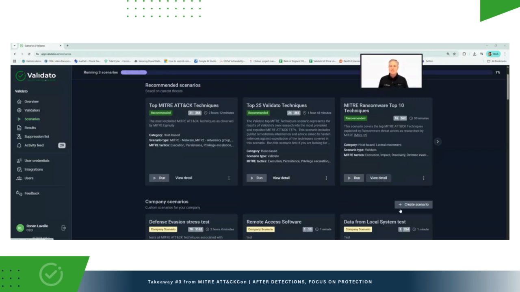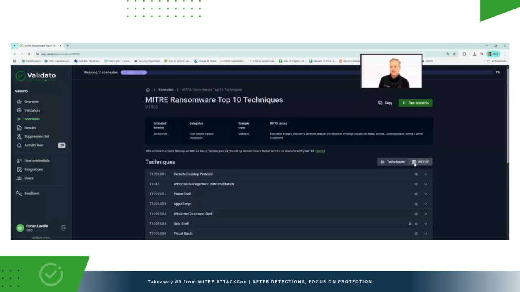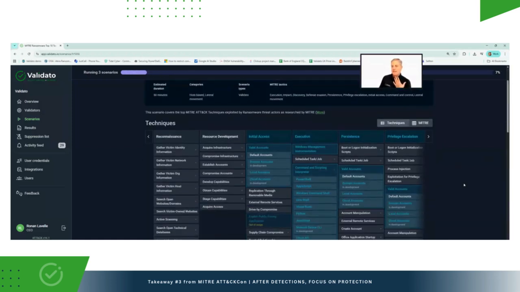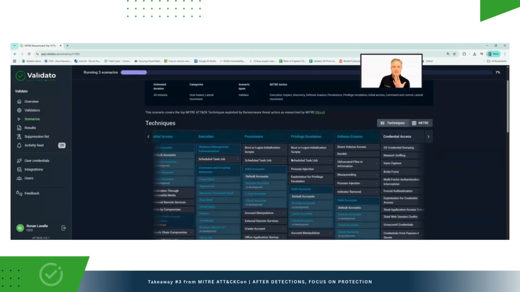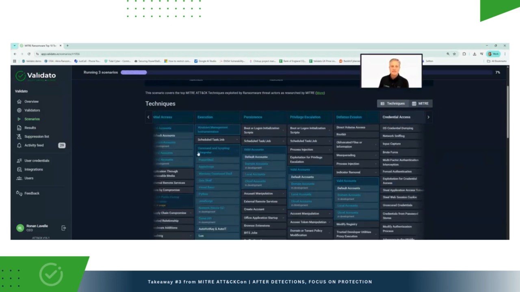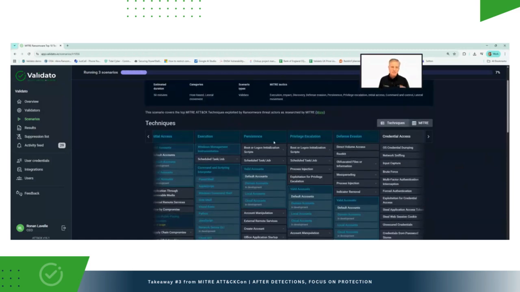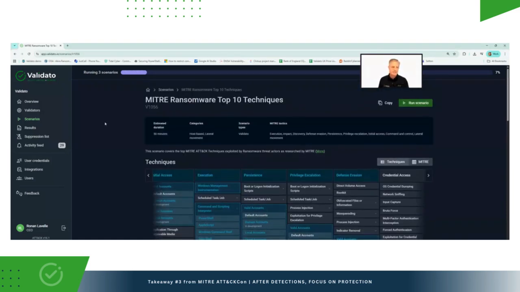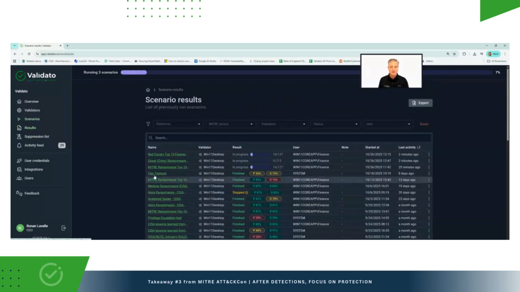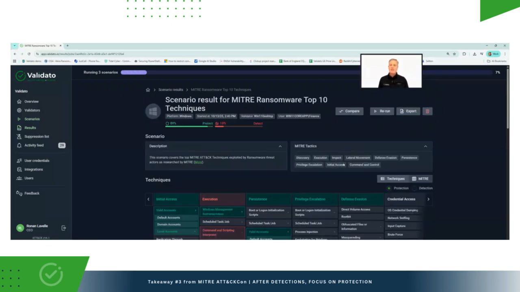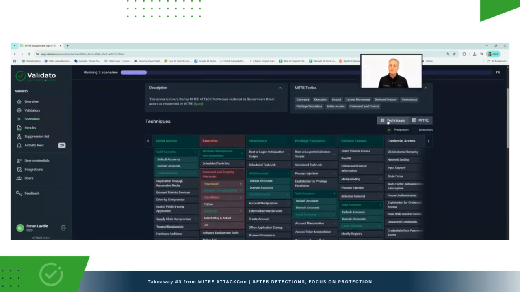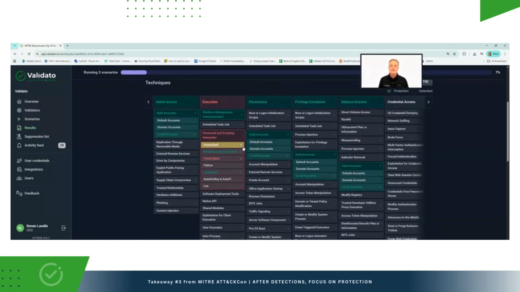If I showed you what that maybe looks like in the Validato platform, here we can see the most commonly exploited and manipulated MITRE ATT&CK techniques by ransomware threat actors. And what we can do is to simulate these, and I have one that I ran a little bit earlier here, where we can see immediately from our protective capabilities perspective how we fared in our live production environment against these